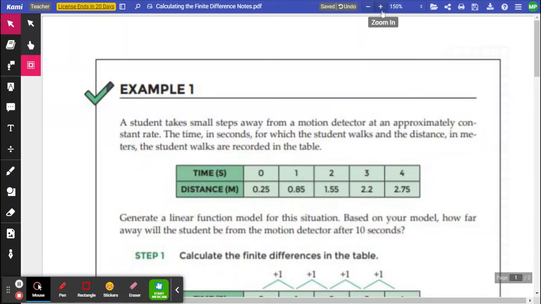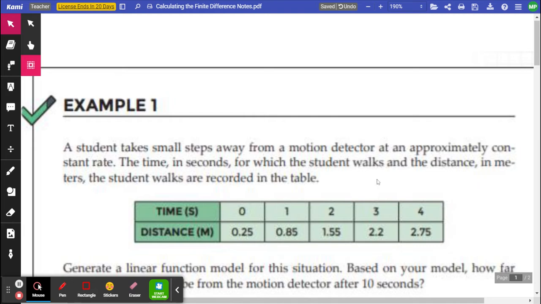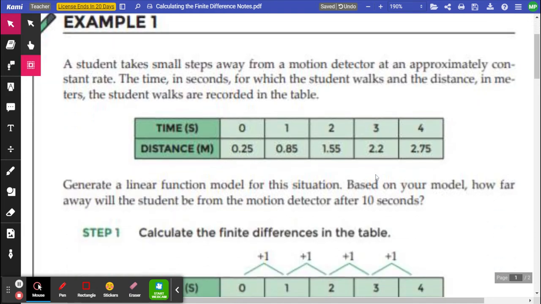Okay, so today is an extension of last Friday when we found slopes from a table. I know it's kind of hard to see on my board, but I gave it to you on your sheet, so you should be good. All right, so what we're doing today is we're going to find the equation of this table,